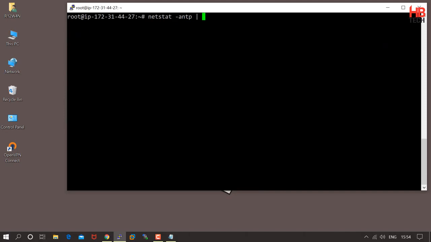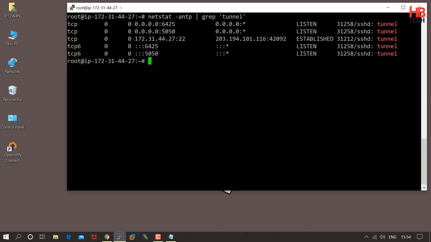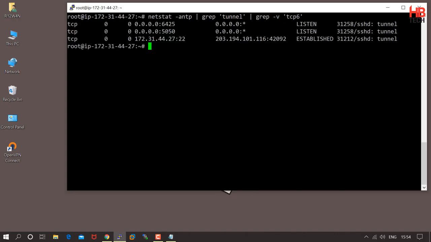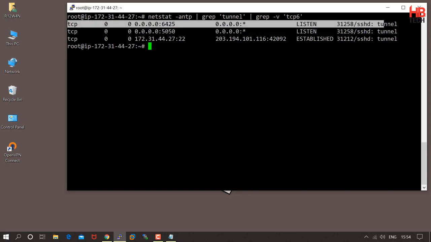The Raspberry Pi dropbox has initiated an SSH connection as user tunnel to this server. As you can see, our server is listening on that particular port.